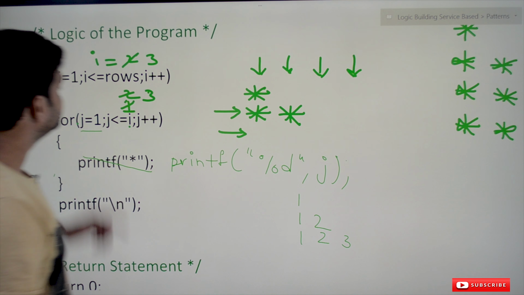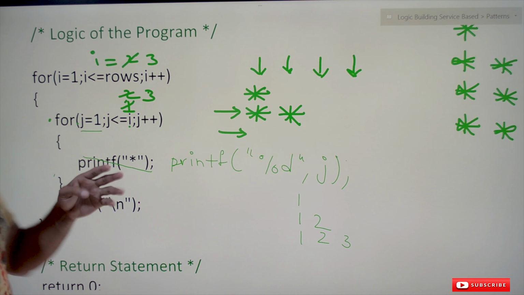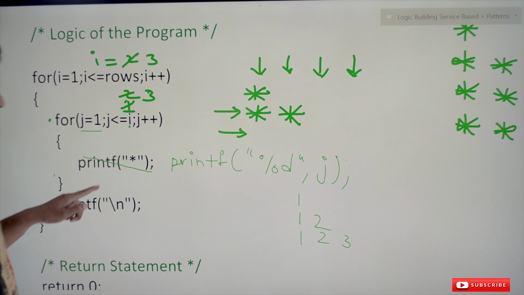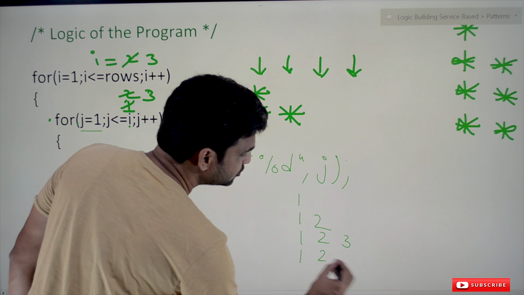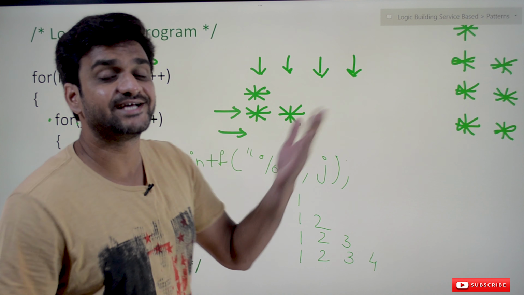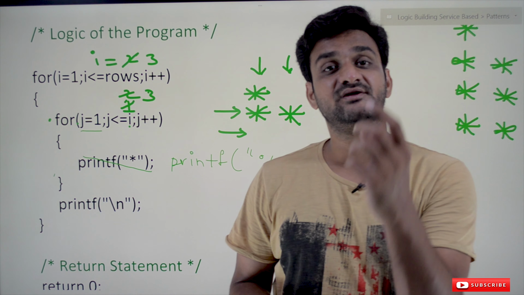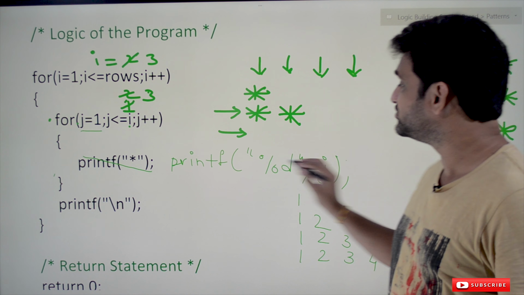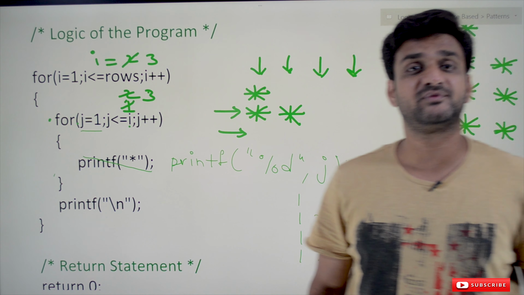In the fourth iteration of this external for loop, this internal for loop will iterate for 4 times. In each and every iteration of this for loop, it is going to print the value of j. It is 1, 2, 3 and 4, and similarly for the next iteration it is going to iterate for 5 times. For each and every iteration of this internal for loop, it is going to print the value of j. If you give the printf statement as star, the star values will get printed.